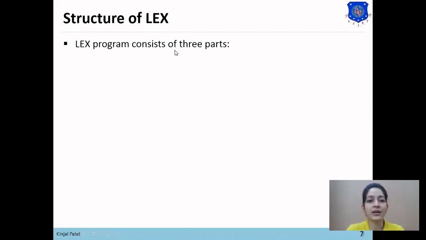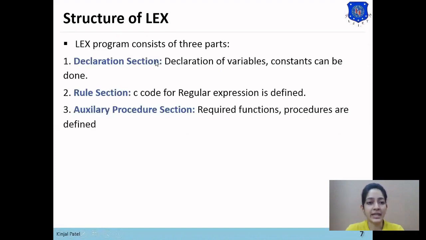A Lex program consists of 3 parts. The first part is the declaration part, the second part is the rule part, and the third part is the auxiliary procedure part. So the file x.l is divided into these 3 parts.